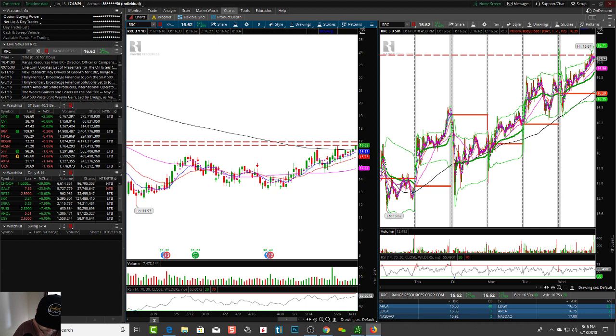Fed decision, they raised rates today, right? I wasn't paying attention earlier. I just saw some news that they did. And hence, obviously, when you raise rates, many times the market will pull back or potentially go down. So again, got to watch the charts. Determining your investment strategies: if you're day trading or swing trading, obviously, with day trading, you're going to go with the market up or down. You're going to trade it up or you're going to trade it down or you're going to dip buy. You're going to have a strategy. Swing trading, you have to be a little bit more careful of just buying straight calls or puts. You might want to look into spreads, stuff like that.